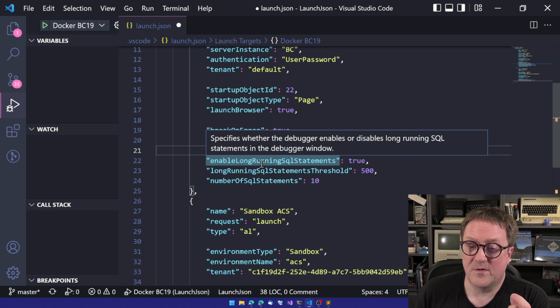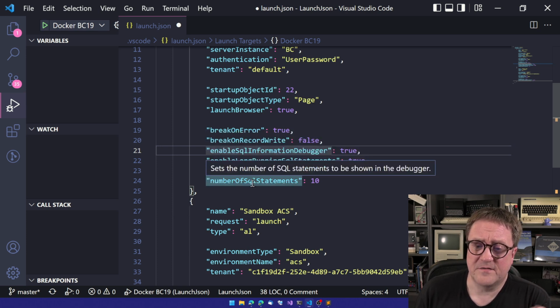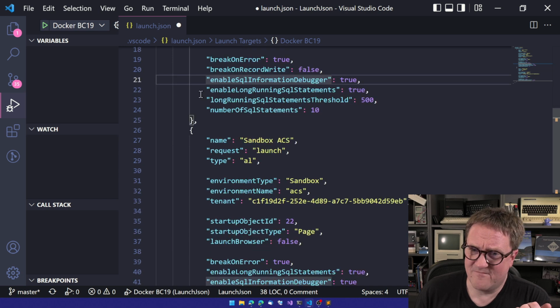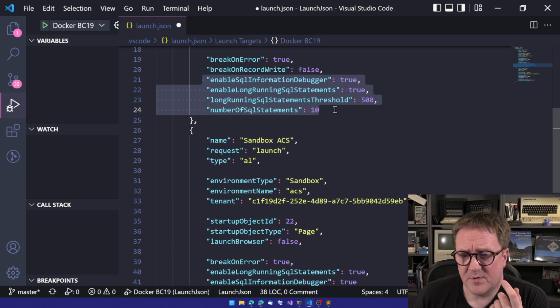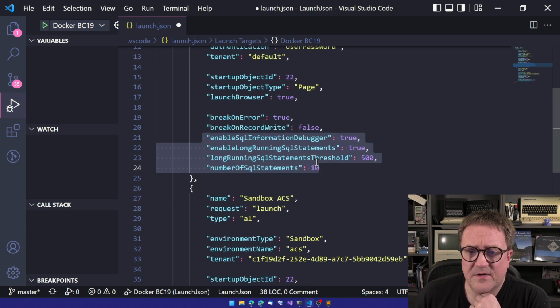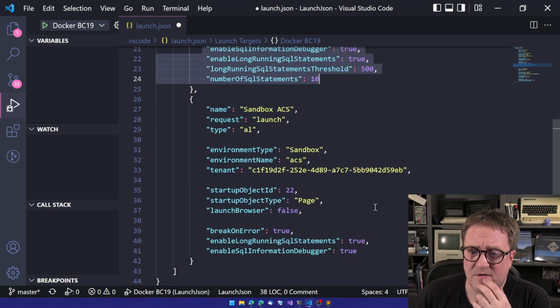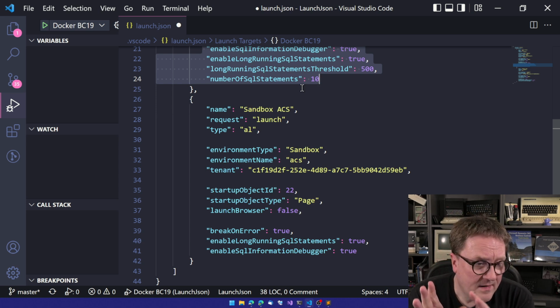Do you want long-running SQL statements in the debug window? What is the threshold for this, and number of SQL statements? I very rarely actually use this, but you can. And there's a slight difference between what it offers up here in the on-prem setting and the cloud setting. I have no clue if that's because we cannot touch the other values anyway in the cloud. Anyway, so those are Launch